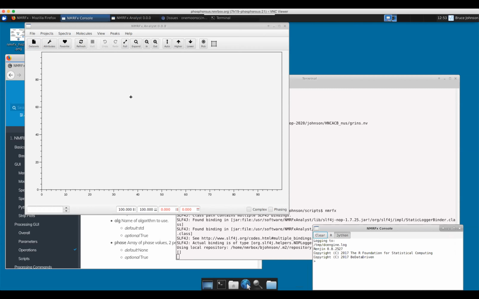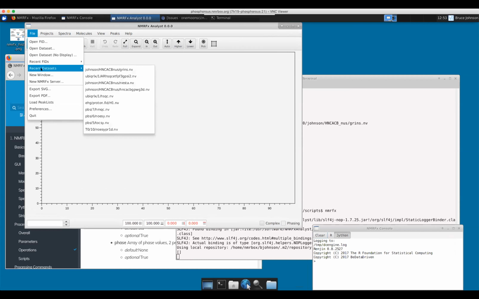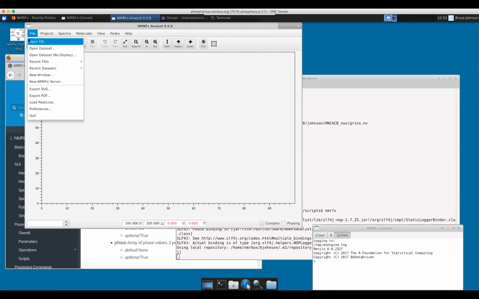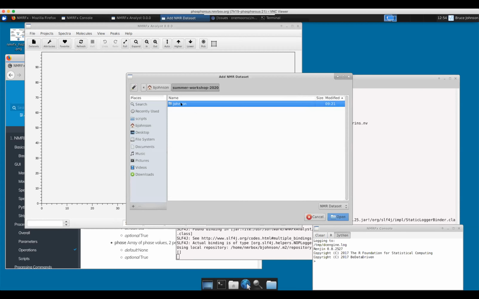I've just restarted to have a session of nmrview or nmrfx running. I'm going to go to the file menu. Under the file menu, you can open an FID, which you're going to process, or you can open a data set, and if you open a data set, it will immediately appear in whatever the active spectrum is. I'm going to do open data set, no display, and that opens them so they're in memory, but not actually displayed yet. So let's do open data set, and then go to the summer workshop, Johnson,